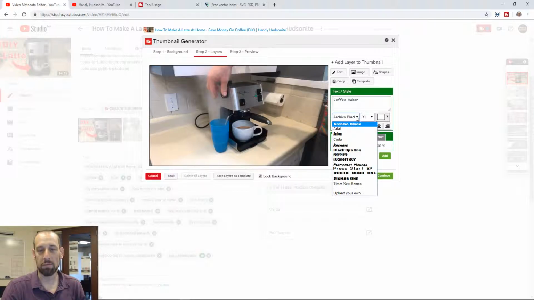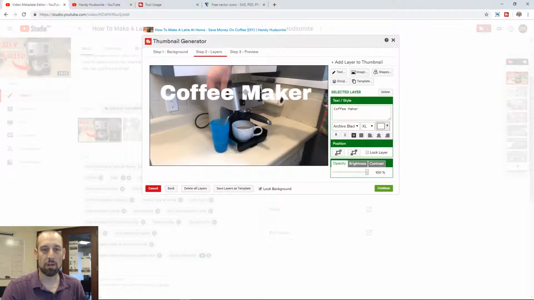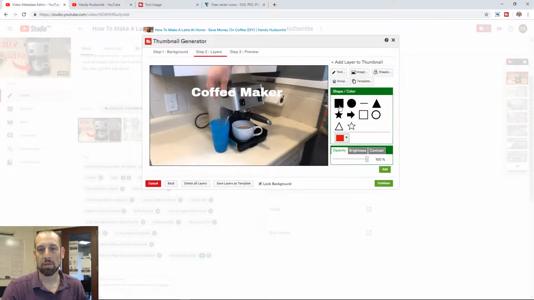There's a variety of different fonts and font sizes, whether you want it centered, left justified, right justified, whether you want some highlighting around it, bold, underline. So click add here, and you can change the size here very easily. Now you see this doesn't really show up very well on here. What we could do is you can add a shape. Let's say you wanted to add a rectangle